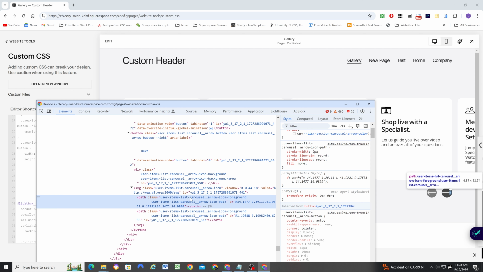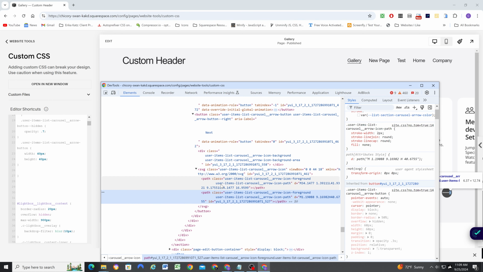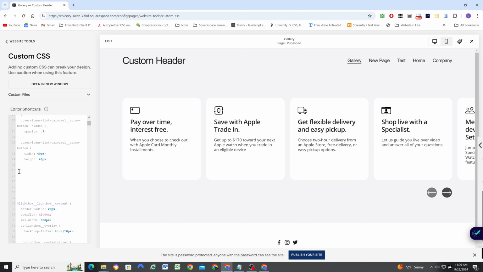They both have the carousel arrow icon foreground class, and this one has arrow icon path, so they have the exact same classes. The only way we can select the stick is to say in the SVG, we want to select the path that comes after a path. We can do that by,